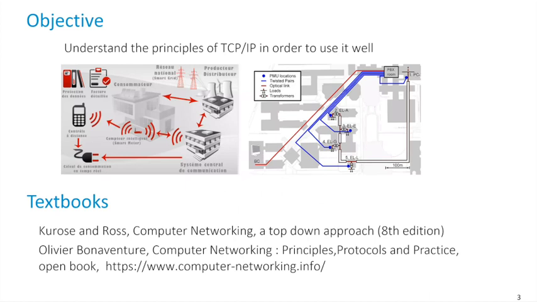What is the objective of this part? This part is a bit atypical in a smart grid course. Smart grid is essentially an electrical engineering topic where you will speak of phasors, PMUs, signal processing, etc. We'll speak of optimal power flow in a few more weeks. But all of this is connected through a network. So we somehow have to put our fingers into the communication part, and the minimum part is what we will cover in this